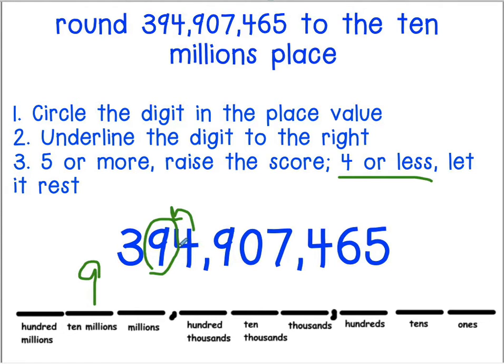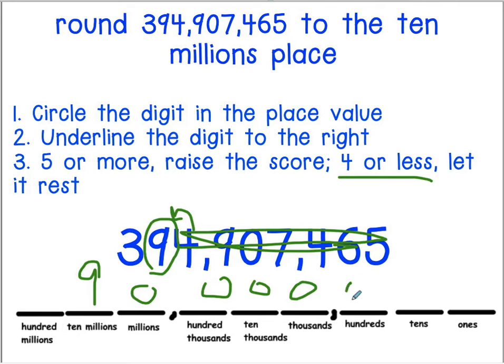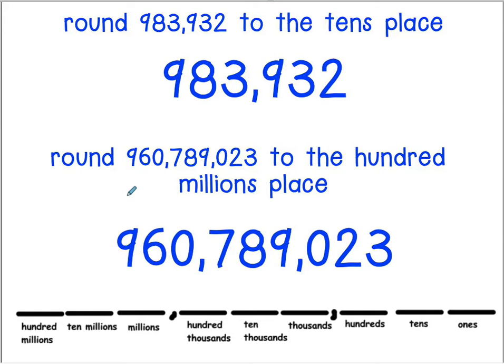Now, all of our digits to the right turn into zeros, so we have a 0 in all of our remaining places. But we have a 3 this time on the left. Whenever we have numbers to the left, remember to leave it alone. Now we have